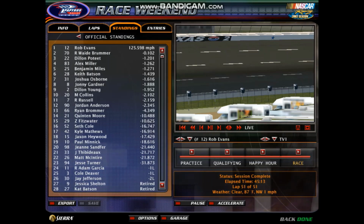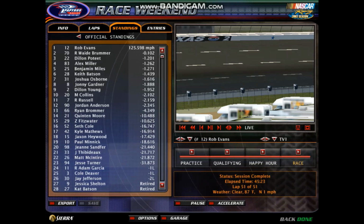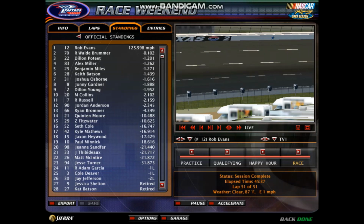4th will go to Alex Miller. Benjamin Miles comes home 5th. Keith Batson dropped to 6th. Joshua Osborne 7th. 8th will go to Johnny Gardner. Dylan Young 9th, and Mitchell Collins gets a top 10 finish, his first top 10 probably in a long time. Christian Russell comes home in 11th. He got hung out in the last minute here. Jordan Anderson 12th. 13th will go to Ryan Brummer, Quentin Moore, Zachary Fitzwater, Seth Cole, Kyle Matthews, Jackson Haywood,